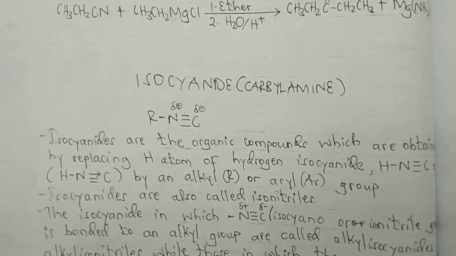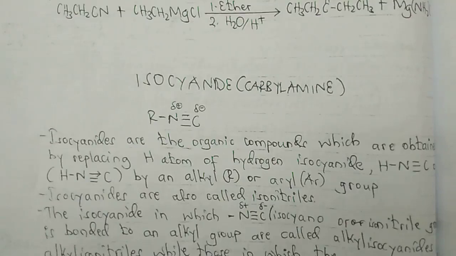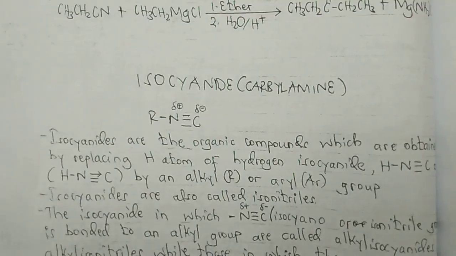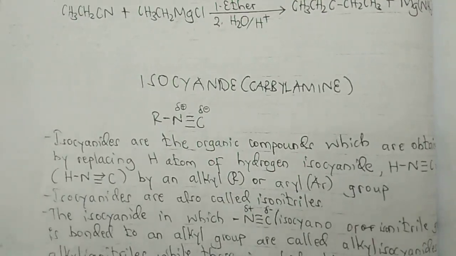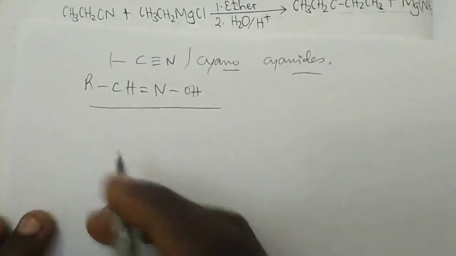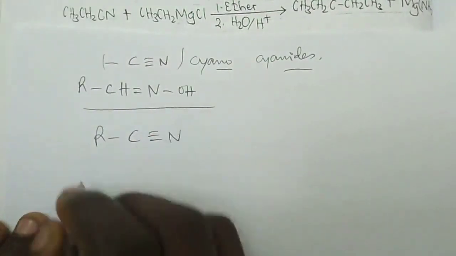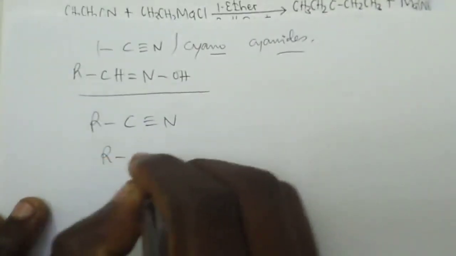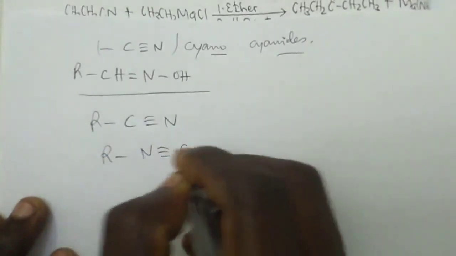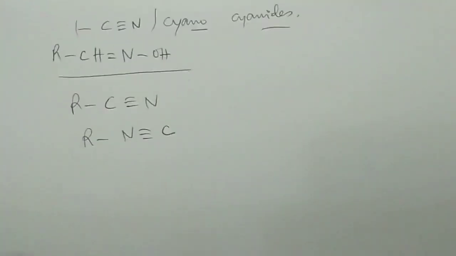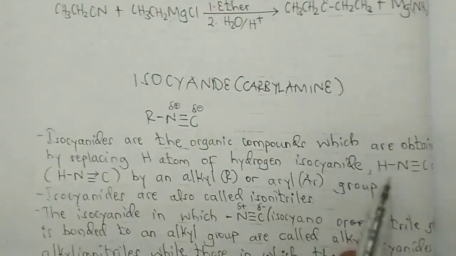Isocyanide au jina lingine zinaitwa carbamylamine. Zinatofautiana kidogo tu na cyanide. Cyanide alikuwa ni R C nitrogen. Isocyanide ni R nitrogen C. Kwa hapa carbon yuko mwishoni, nitrogen yuko katikati. This is isocyanide au